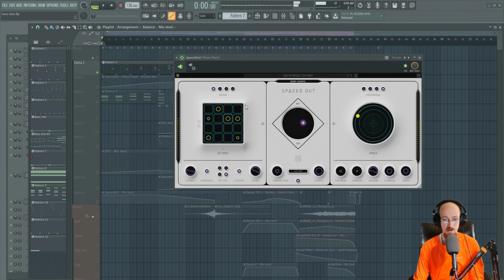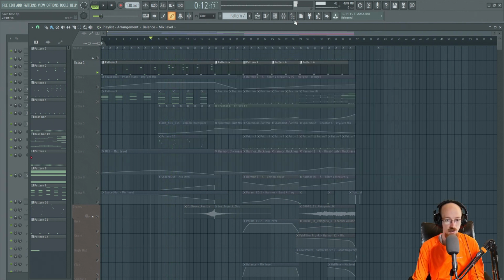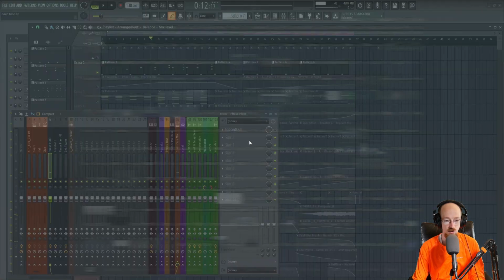And if we were to bypass this, this is what it sounds like bypassed. Got some higher notes over here, so maybe we hear some chords. If we just turn this on. So this right now is on the second preset, but there's a bunch of extra things I like to do